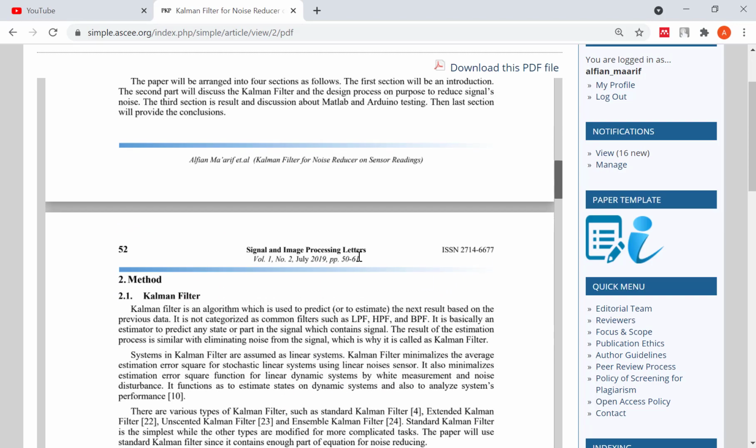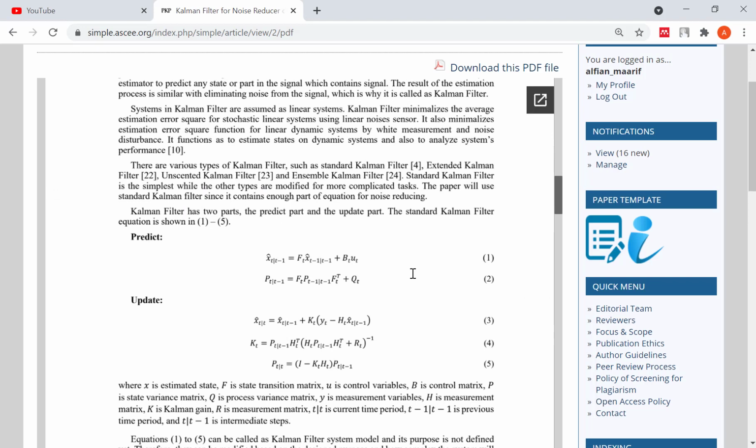Okay, this is the two parts of the Kalman filter equation. The first part is predict, and the second part is the update equation. Okay, from this we do not use all of the equations.